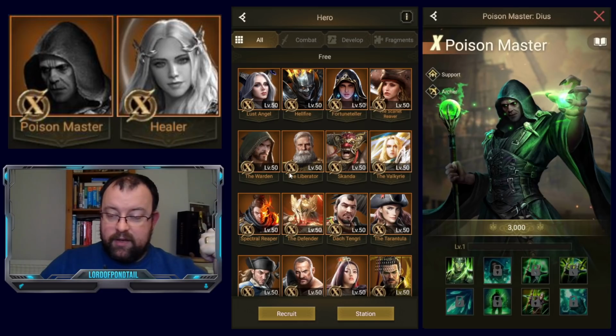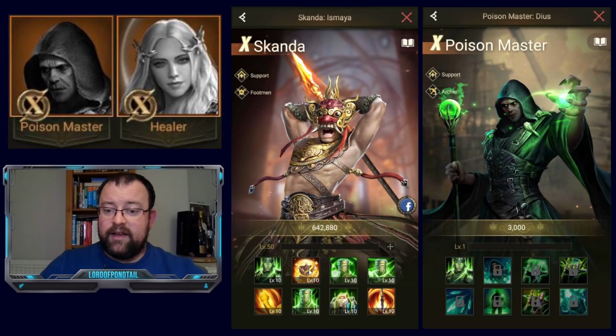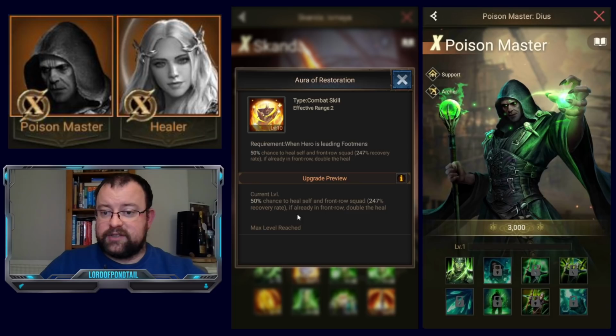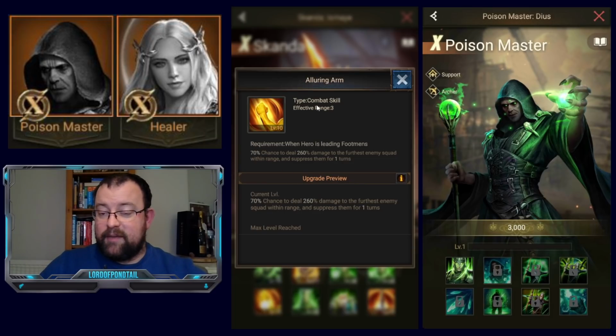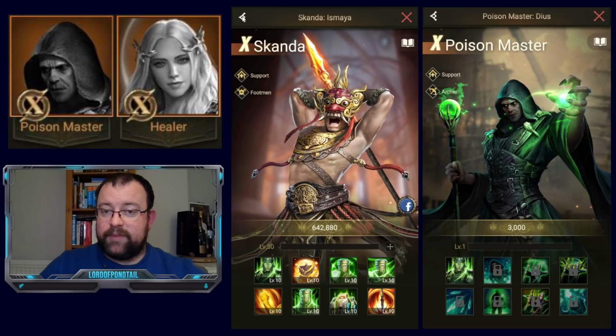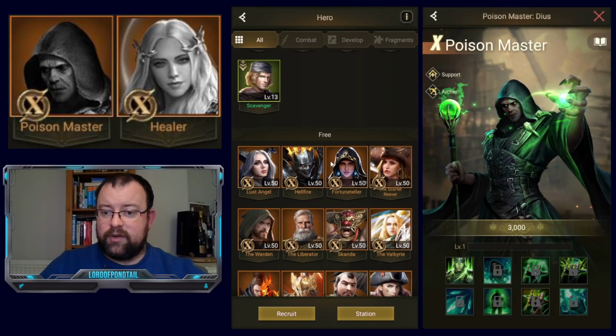Yeah, Army Breaker, potentially Poison Master and Scander, for instance. That's going to do a lot of healing, as long as you're not up against other Poison Master combos, because you've got this huge healing from Scander there, 50% chance. His 5th skill is 70% chance, so that gets off a lot. Yeah, Poison Master is going to work with loads of different combinations. Potentially, he could still work with